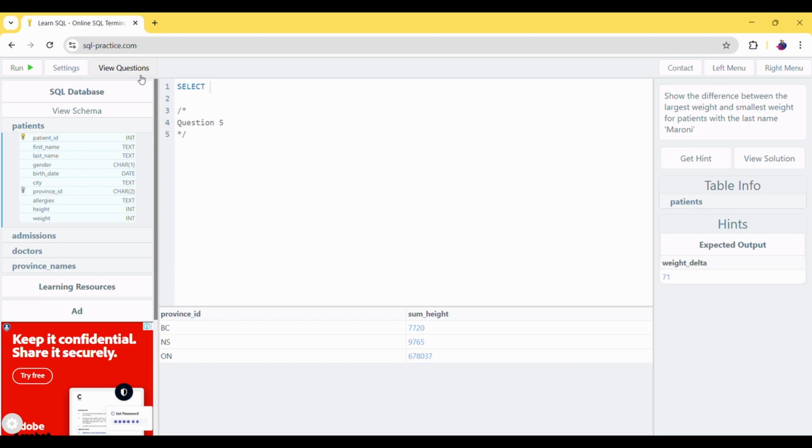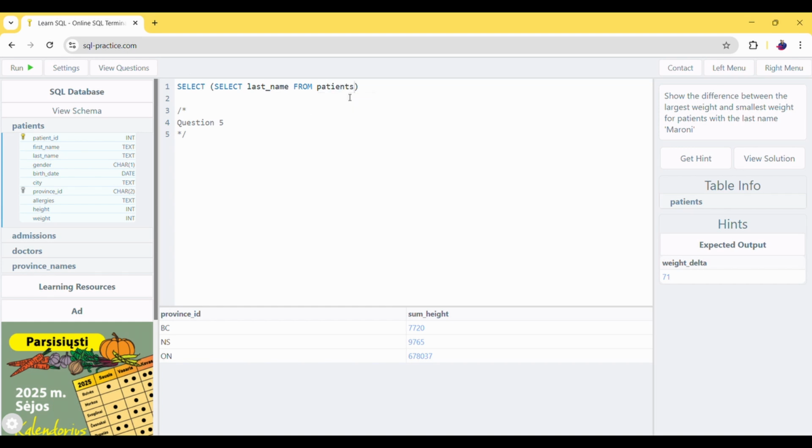How can I... alright, let's see if I can do it this way. Select last name from patients where... patients where... no,